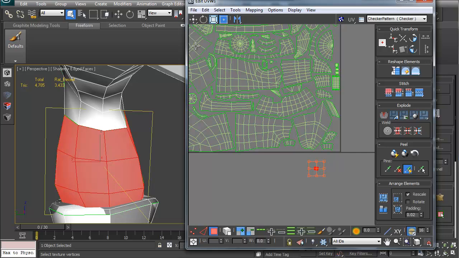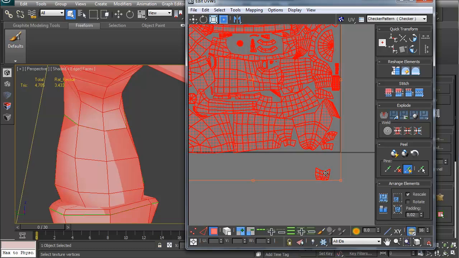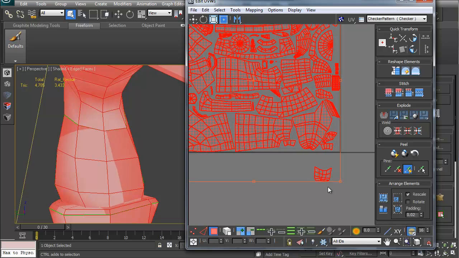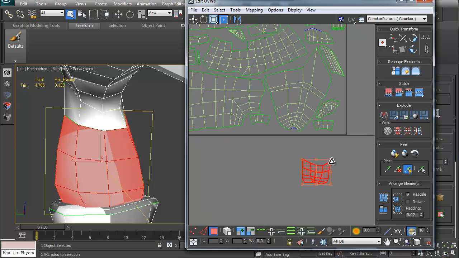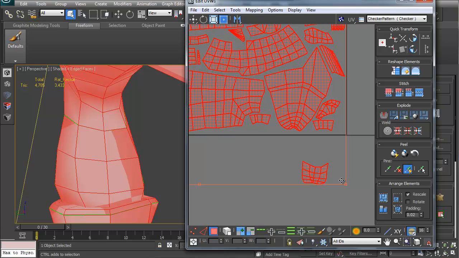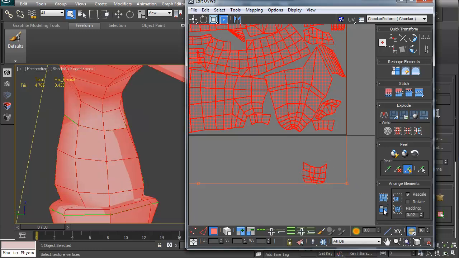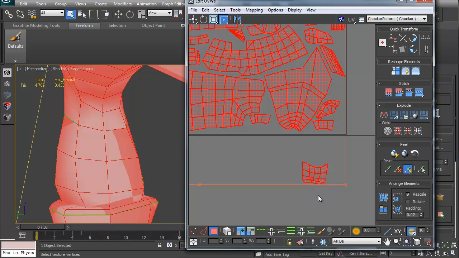So what I'm going to do is scale this up a little bit, hit Control A, and then hit Rescale and see what happens. See, it got a little bit smaller, so I'm going to undo that and shrink it down just a hair, then hit Control A, and then undo and see what happens. So I need to scale it down just a hair more, Control A,